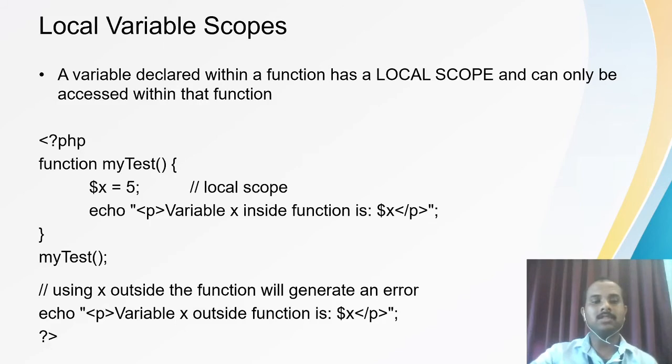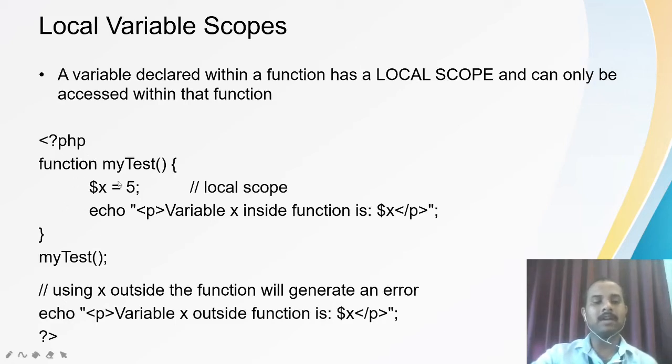So coming to here, first let us see the local variable scopes. In the local variable scope, a variable declared within the function has local scope and can only be accessed within that function. For example, see here, this is my PHP